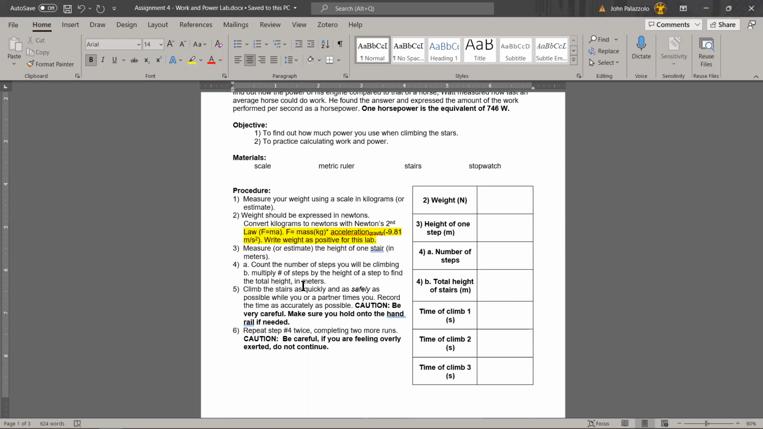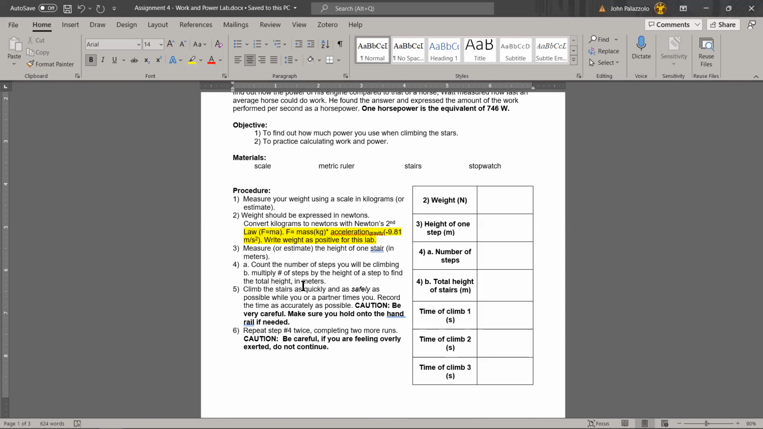And then what you're going to do is find a flight of stairs and measure the height of one of those stairs. I'd suggest measuring in centimeters and then converting that to meters. And then count the number of steps in that flight of stairs. So, things to look out for: